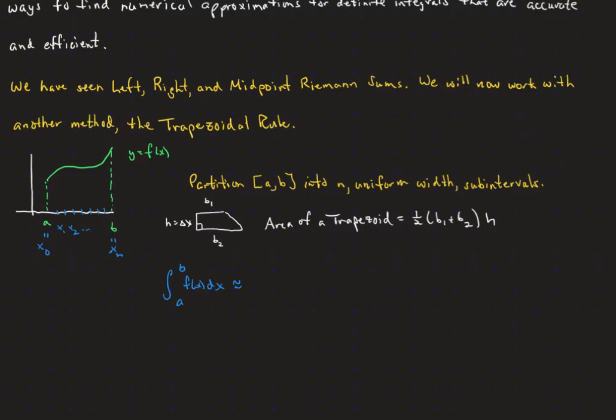When we number those, x sub 0 is going to be a, the left endpoint. X sub 1 will be the first tick mark to the right, and that counting will leave us with x sub n, the last one being b. Now, the area of a trapezoid is 1/2 the sum of the bases times the height. So, if we're going to approximate our area under the curve here using trapezoids, we're going to find the area